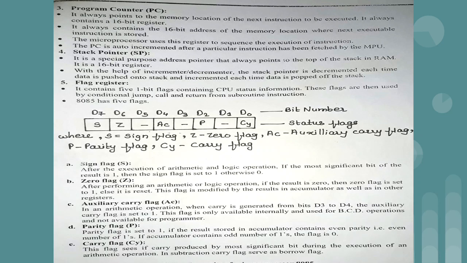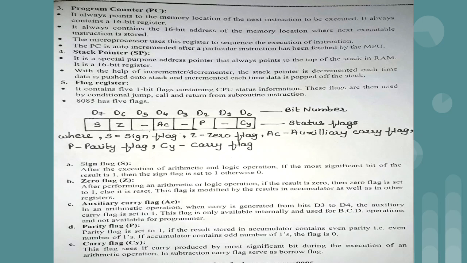And then the last flag is the carry flag. Carry flag means, whenever we are performing addition, suppose I want to add 17 plus 19. First we add 7 plus 9, and in that we get a carry, right? Because the answer is 16, so we write 6 as the result and we have 1 as a carry. So whenever we have a carry during the calculation, this particular flag is set, that is the carry flag.